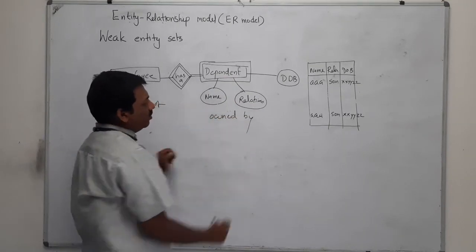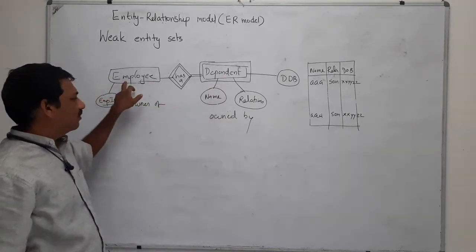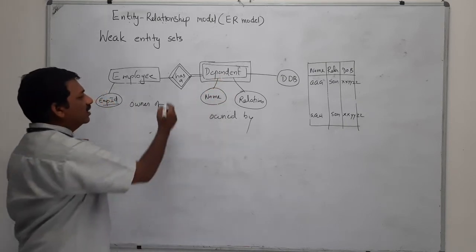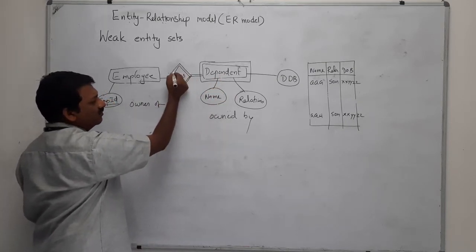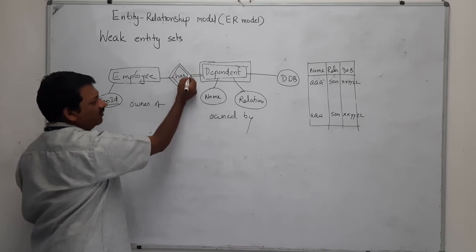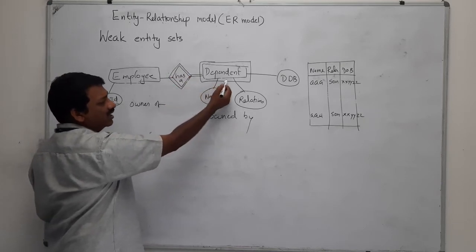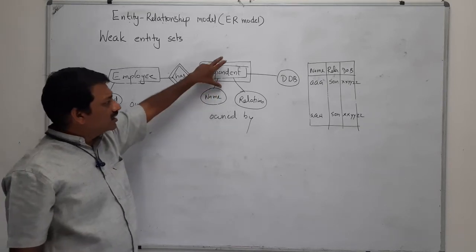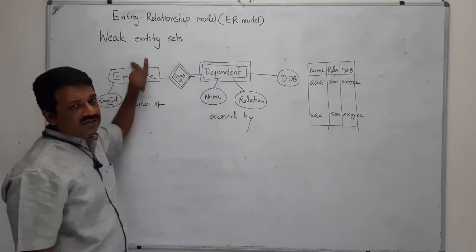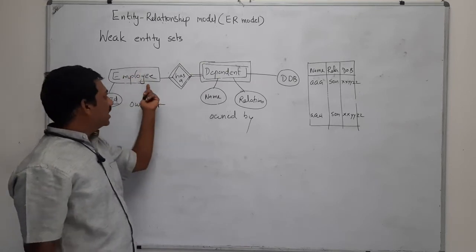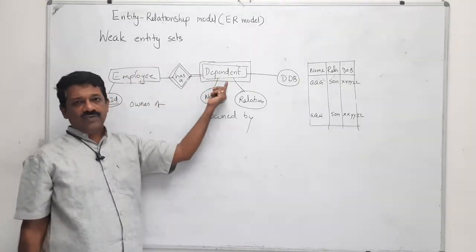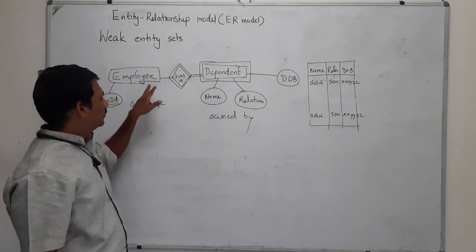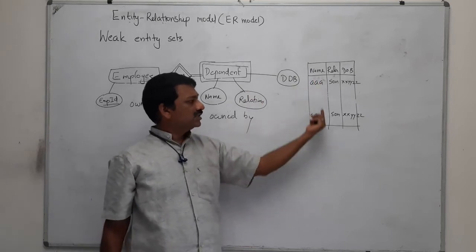This is owned by, or dependent is owned by employee, and employee is the owner of dependent. Here this is a relationship, a weak relationship. This is actually a weak relationship, and this is a weak entity. Weak entity set in the sense this does not exist if this does not exist, but this can exist even if this doesn't exist. Okay, in that case, what you have to do is here for this weak entity set,